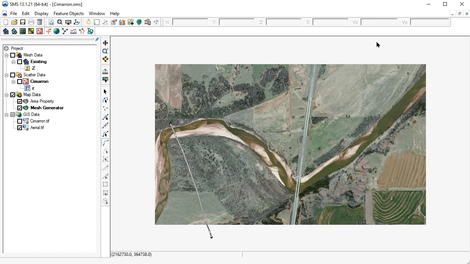We'll now create a similar arc representing the downstream boundary location. Now we'll create arcs representing the lateral extents of the mesh. If you find that you have made a mistake while digitizing an arc, you can use the backspace key on the keyboard to undo the last vertex. We can also change the location of the vertices after we complete the arc using the Select Feature Vertex tool.